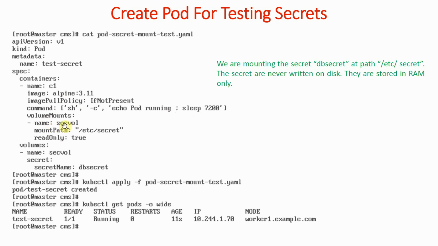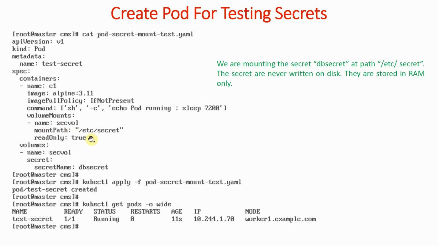Although we will be discussing storage in separate videos in greater detail, here what we are trying to do is mount the secret dbsecret at the path /etc/secret. The secrets are never written on the disk, they are stored in RAM. So here we are specifying volumeMounts, and in volumeMounts we are specifying some name, sec-volume,